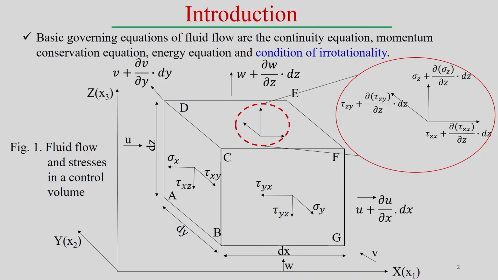To start, first we will look at how the basic governing equations of fluid flow are normally developed. The basic aspects associated with fluid flow are the continuity equation, the momentum equation, the energy conservation equation, as well as the condition for irrotationality. We will not discuss the condition of irrotationality. We will look only at the conservation of mass, momentum and energy equations, and how they form in association with the fluid flow phenomena.